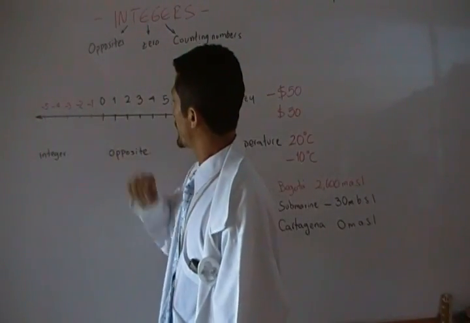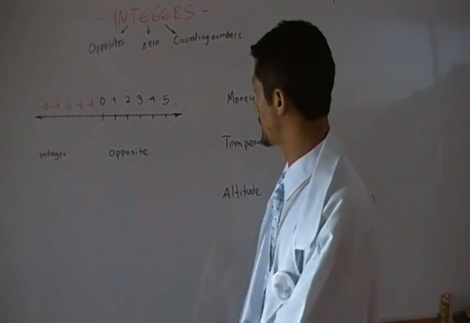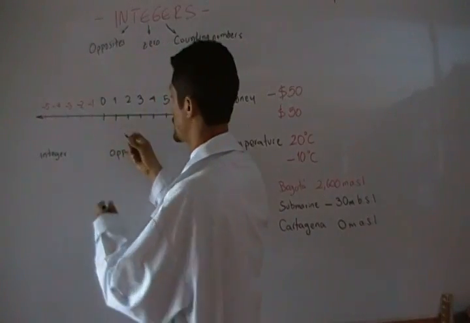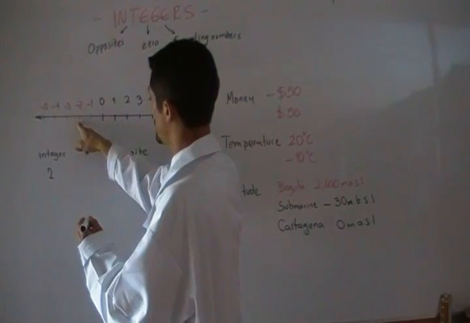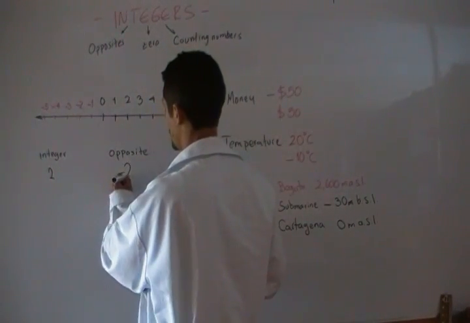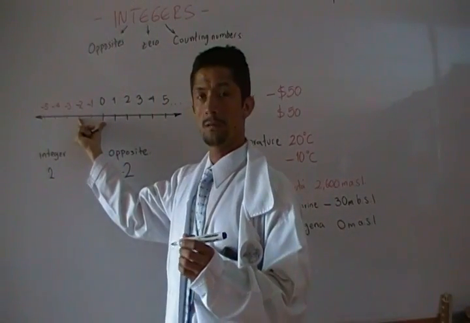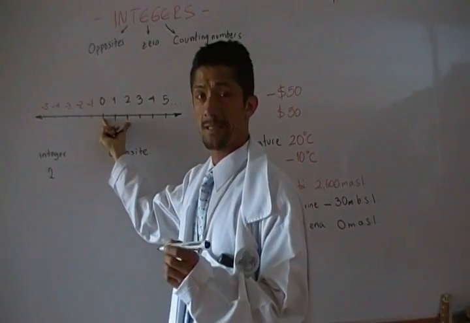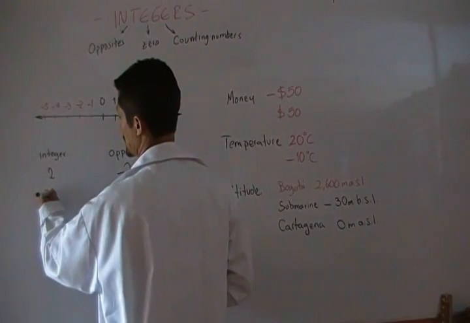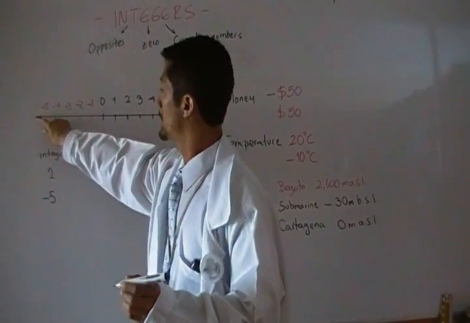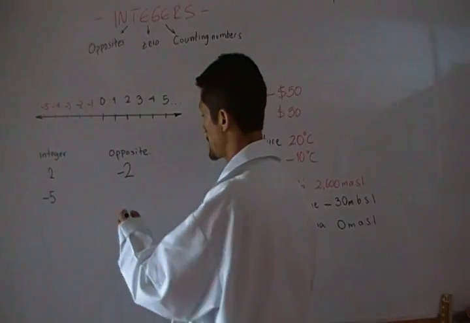So an integer has an opposite. So for example, if my integer is 2, the opposite would be the -2, because it is 2 steps on the other side of 0. It's at the same distance, but on the other side. Now, if you have, for example, that the integer is -5, the number that is on the other side at the same distance from 0 is 5,